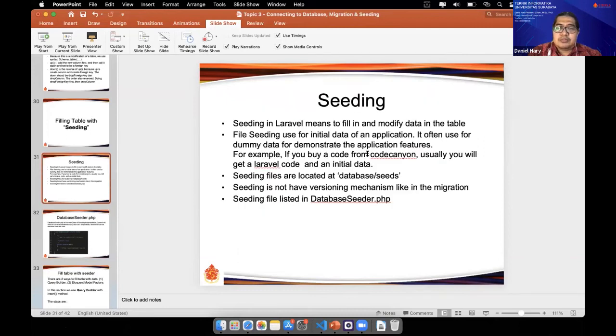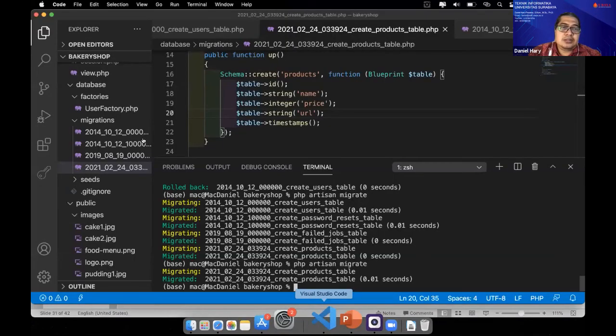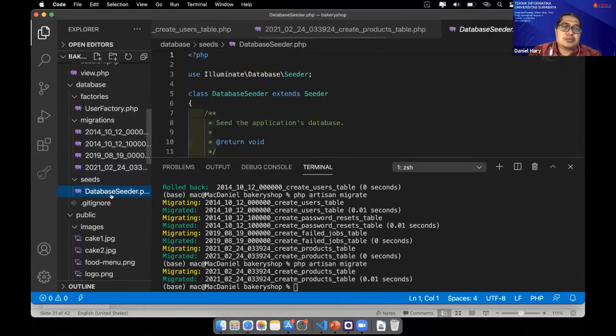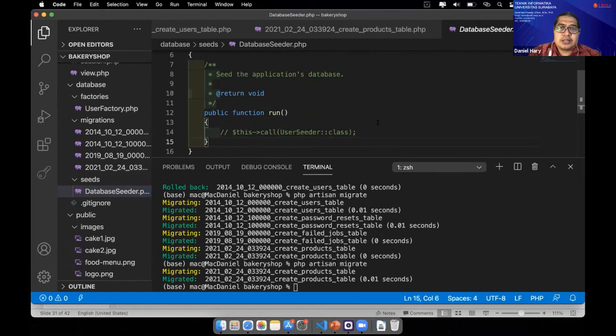For example, if you buy code from CodeCanyon, usually you will get Laravel code and initial data. Look at the database seeders folder. There is one DatabaseSeeder file that will be run, and your seeder files have to be put here.